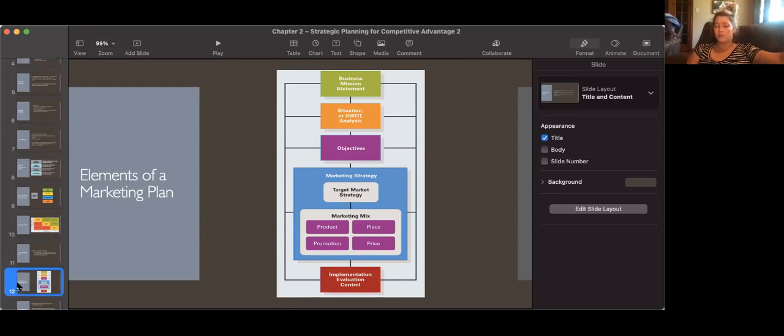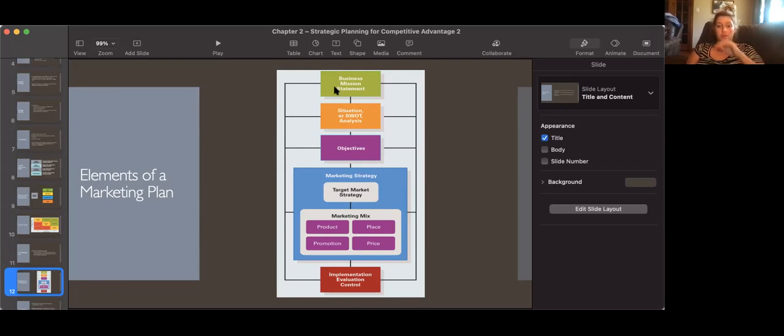Other companies, the marketing plan is just one little chunk of what they do because they're also developing products and trying out new products and distributing products and selling products, or providing services that take a lot of time and effort. So this just looks different, and you'll hear me say this a lot in these lectures. This looks different for every single company and every single example that we give, because it is so important just to understand that the pieces of this puzzle go together in the same way, but they look different for everybody.